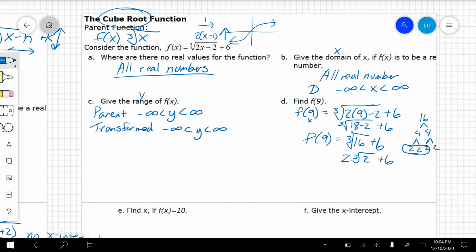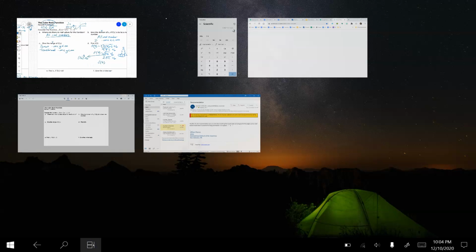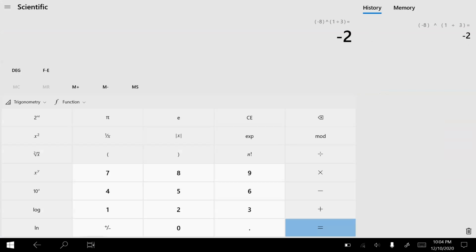If it was looking for a decimal answer, if we were supposed to graph this, I would just have you, at this point, put that in the calculator. So you're going to do the third root of 16. If your calculator does not do the third root, remember we can also rewrite it as 16 to the 1/3 power plus 6. So I'm going to show you that on my calculator. I'm going to do, in parentheses, 16, close parentheses,